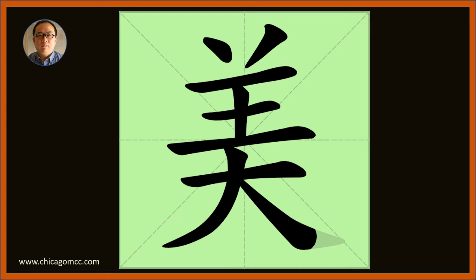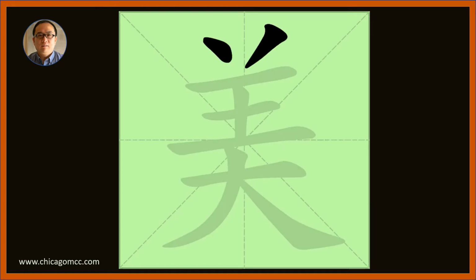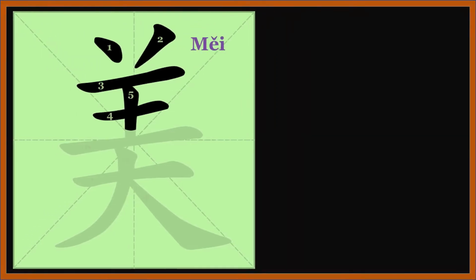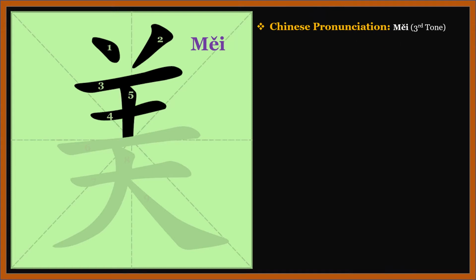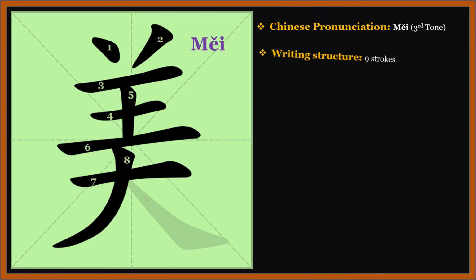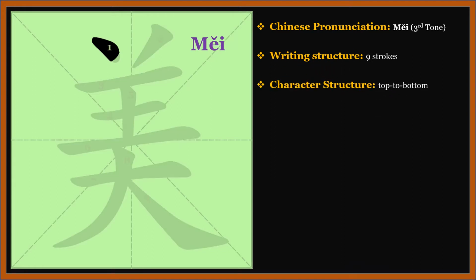Today I'm going to show you a very frequently used Chinese character. Now let's get started. The character we're about to learn today is pronounced Mei, which is a third tone. This character is composed of 9 writing strokes with a top to bottom structure as shown here on the left